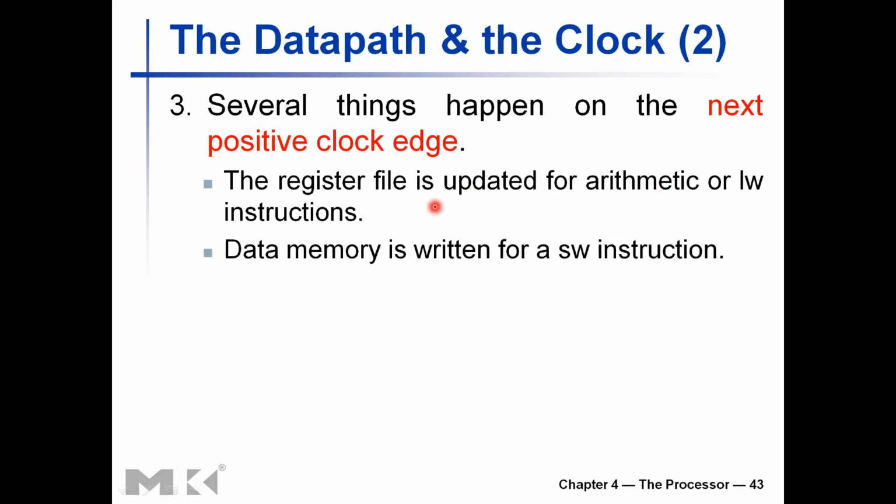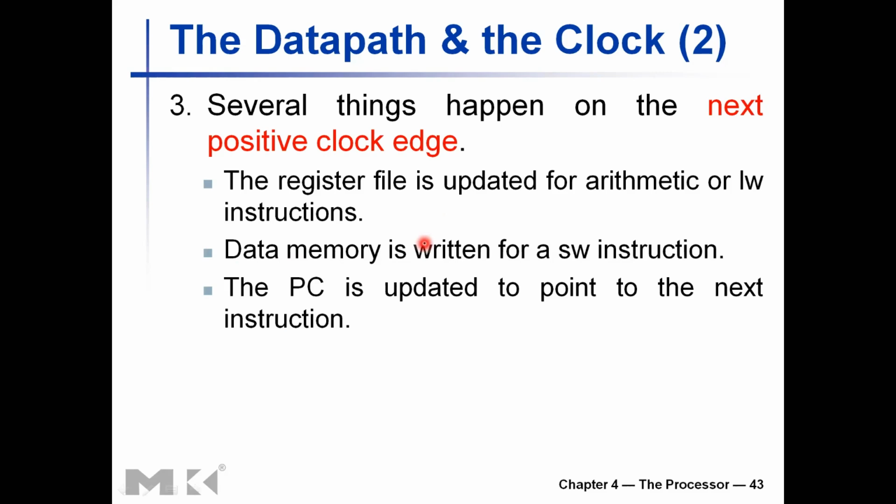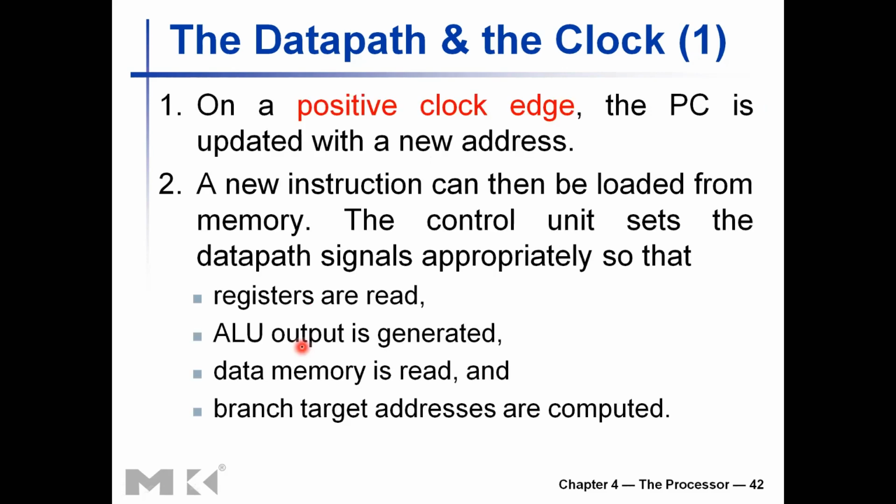Then if it is a store word instruction, data memory is written to at the next positive clock edge. At the end of that clock cycle, data memory is written, and the program counter is updated to point to the next instruction. So this update to the program counter is the same as step 1 here, right? At the start of our clock cycle, the positive clock edge, we had the program counter updated to the new value,